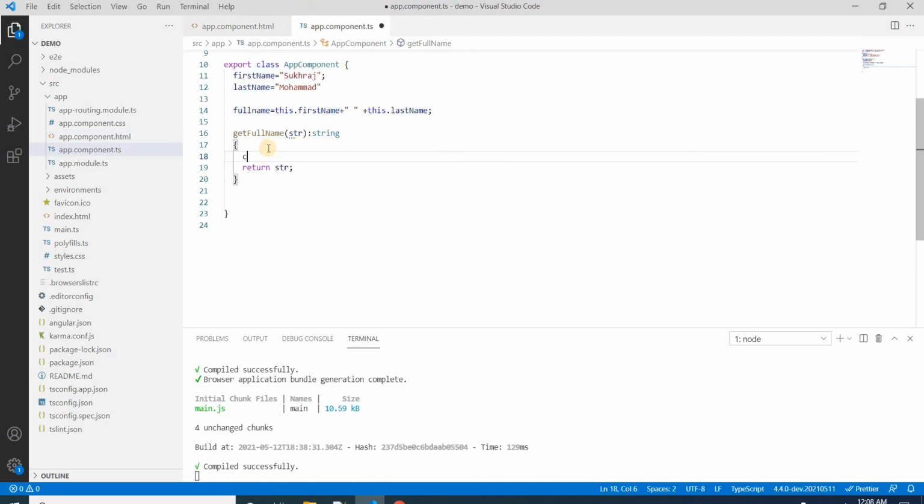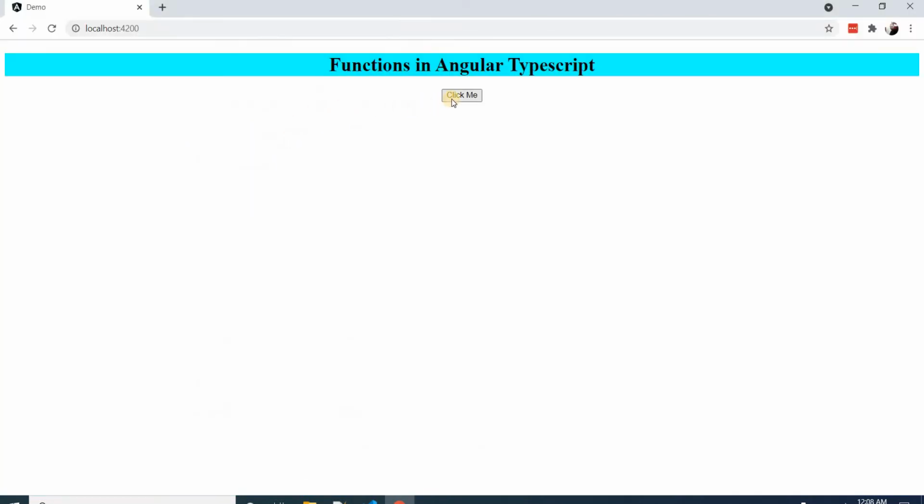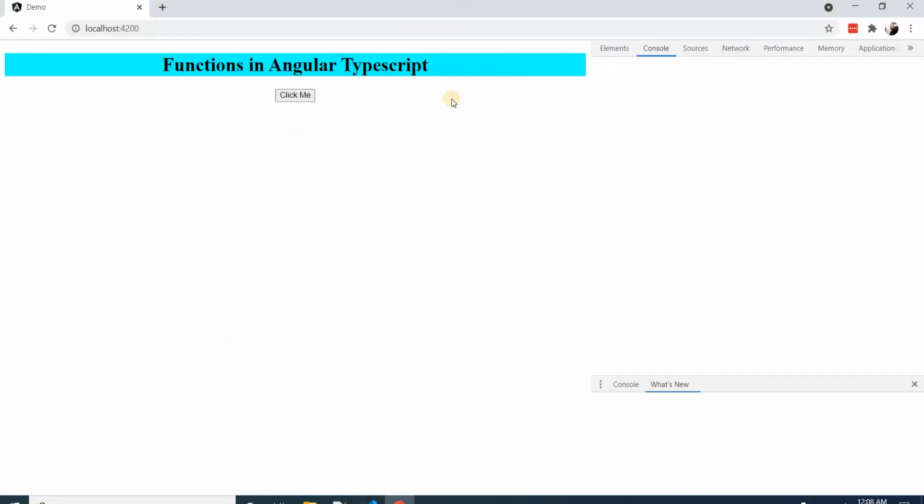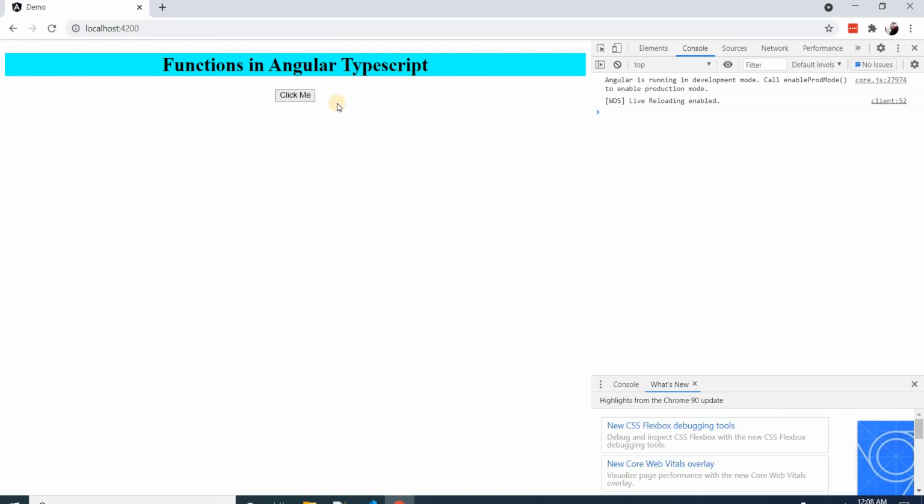Before returning, we can say console.log(str). So when I clicked on it, Sukhraj Muhammad is printed here.